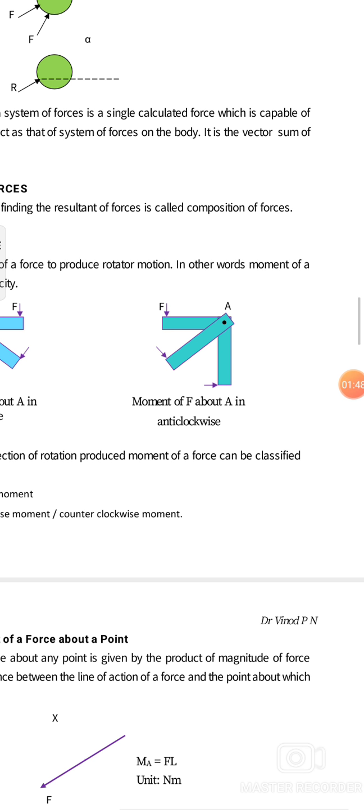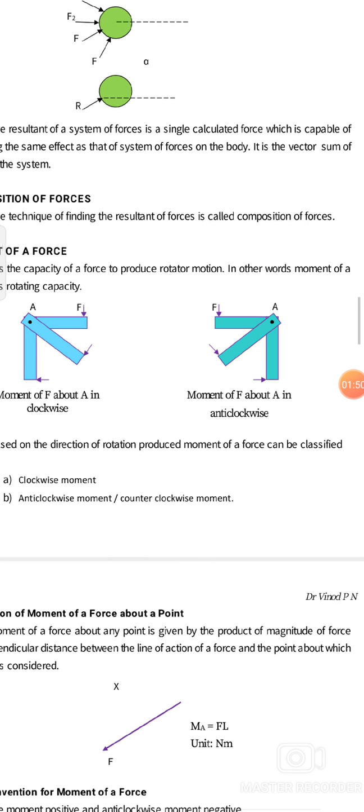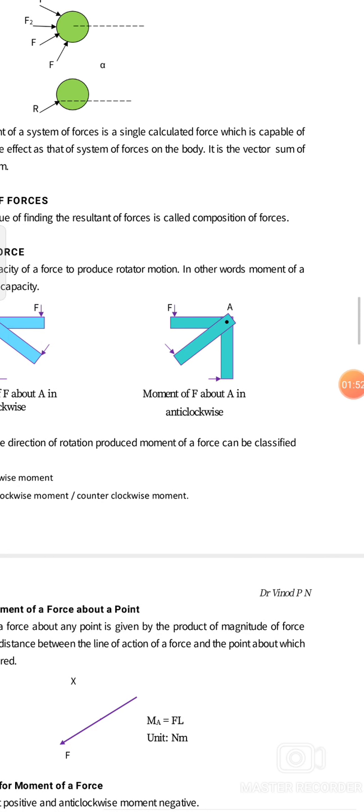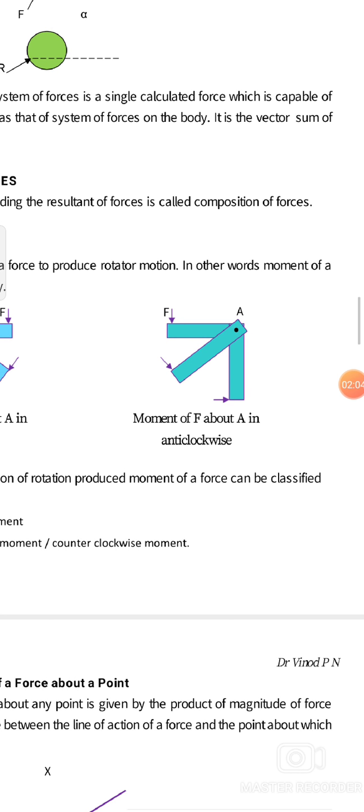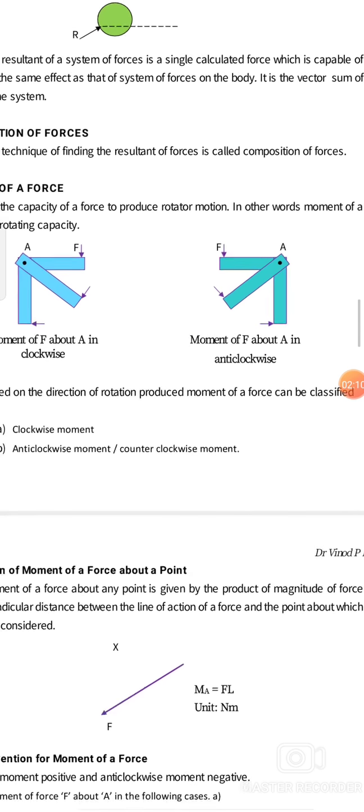Then if you want to calculate the moment, we can see that in both the sketches the force is acting in a vertically downward direction, but that doesn't make any difference. But where we have to calculate the moment, that is very important. It is force into perpendicular distance. Now if it is acting on the left hand side, then if it has to move towards point A, it will come in the anti-clockwise direction.